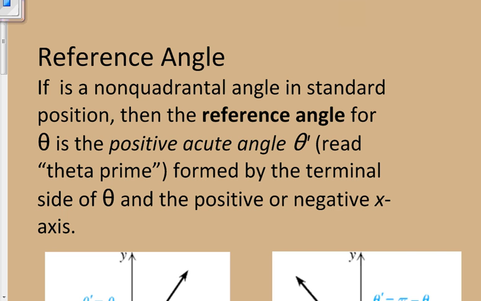What we're going to talk about today is reference angles because it will make our lives so much easier, especially when we are trying to find exact values of angles that are partners with the 30, 60, 45, and 90 degrees. So when we're talking about a reference angle, first of all, it's a non-quadrantal angle, which means it's not